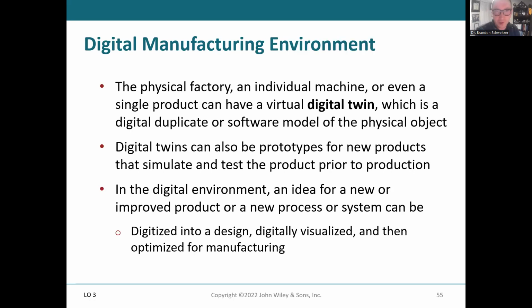So when it comes to the physical inventory, a machine or a single product can have what we call a digital twin. A digital twin is a duplicate. This is really common when it comes to building, when it comes to putting up physical structures. Think of a digital twin as a prototype within a simulation software. BIM,